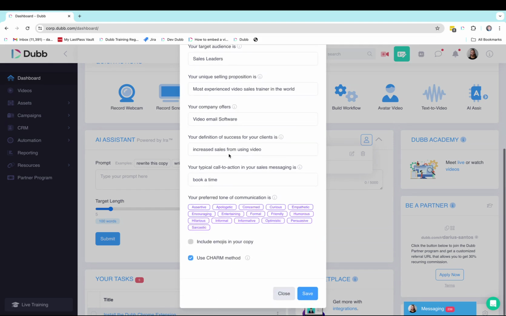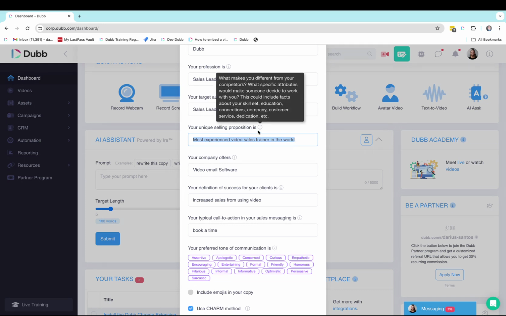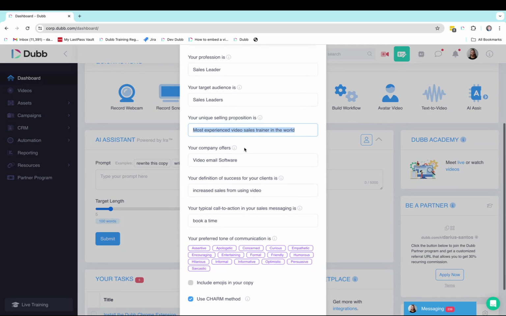Once you have provided these answers, you can also select your tonality. You can include emojis if this is things like email subject lines, or even if you just like to include emojis in your writing. These answers are very specific and they are going to help tailor your messages to make your teleprompter writing, your content more effective at increasing conversions, more effective videos. So do make sure you are answering these to the best of your ability, specific to your products and services